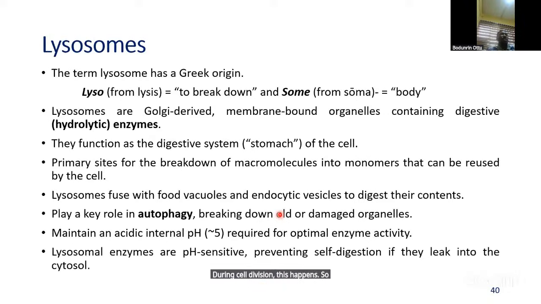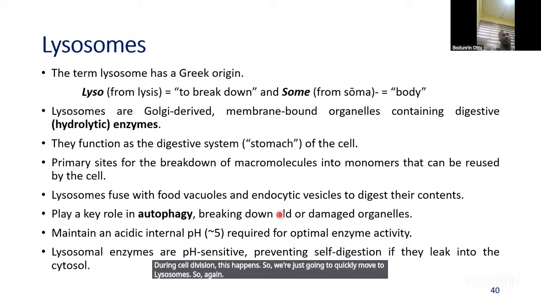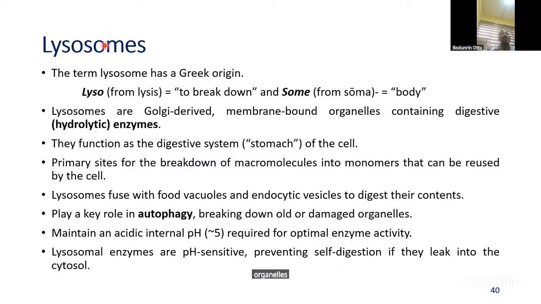So we're just going to quickly move to lysosomes. Again, in year 2, those of you who will do cell biology, these organelles are individual topics. But at this level, we just want you